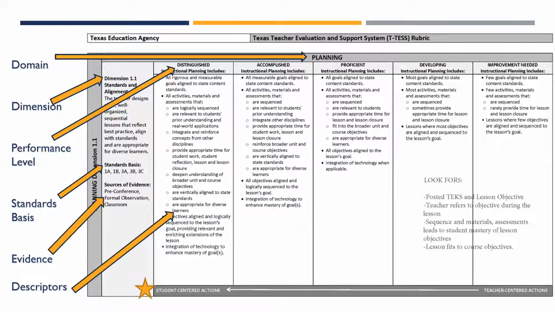Last but not least, at the bottom of this, you see student-centered actions all the way to the left and teacher-centered actions all the way to the right. So the way I like to explain what this means is, if you've ever seen, or maybe you actually have, what they call a flipped classroom. A flipped classroom is basically where students do all of the application in the classroom and they get their direct instruction at home. So they will read, or watch videos. Maybe the teacher videos herself and does